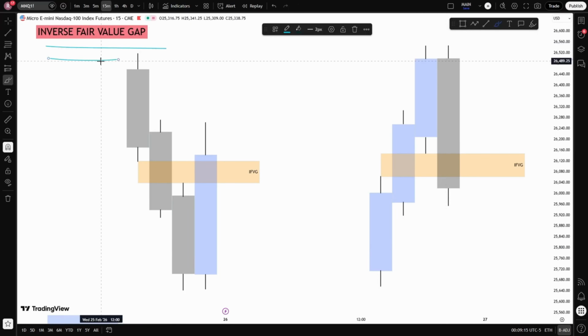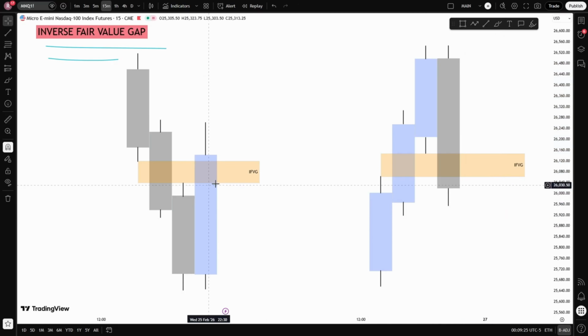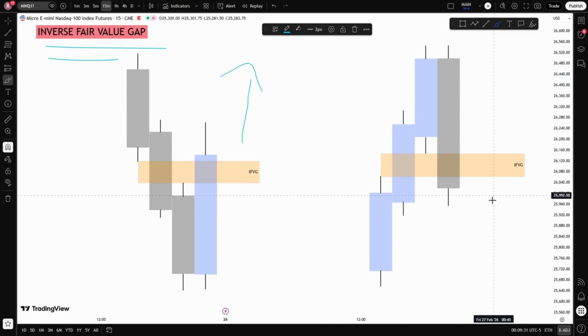Fair value gap inversion happens when a fair value gap fails. In other words, price closes through it instead of respecting it. When that happens, the same fair value gap can later be used in the opposite way, acting as support or resistance. For example, if we have a sell-side imbalance, buy-side inefficiency, and price closes through it instead of reacting lower,